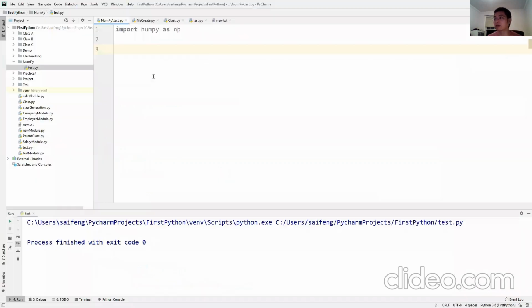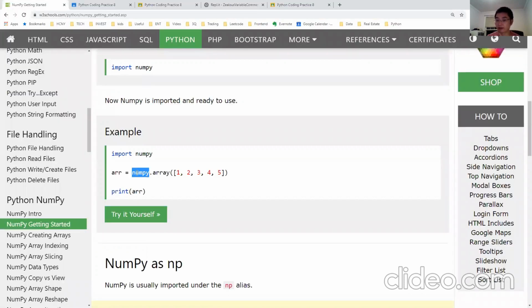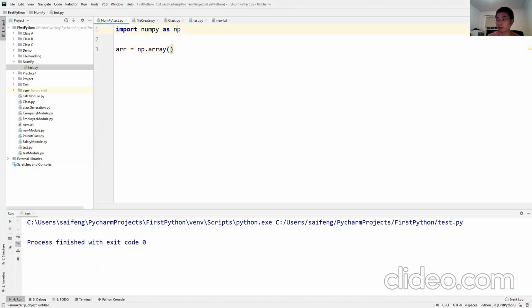So now let's see here. I have imported NumPy as np. So now I want to create a variable to hold the array. np.array, and here I need to put in, it's actually a list.